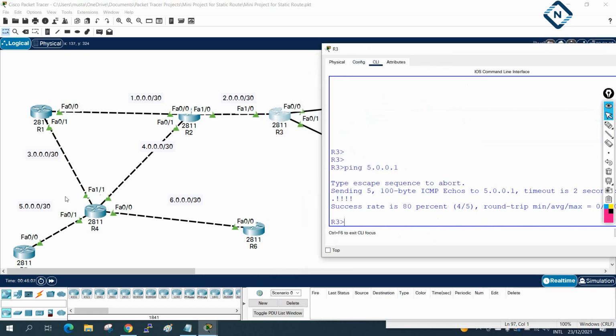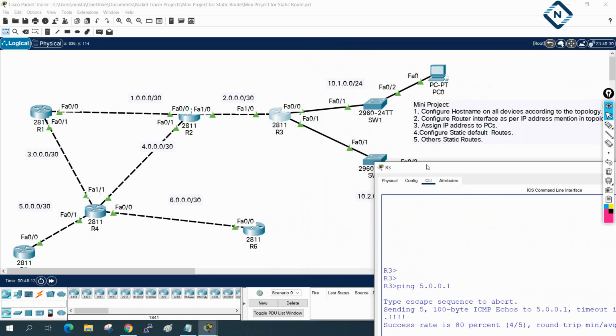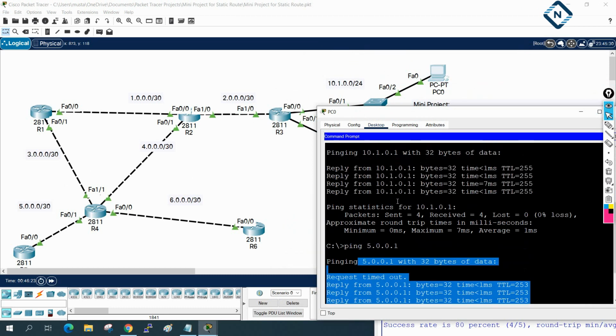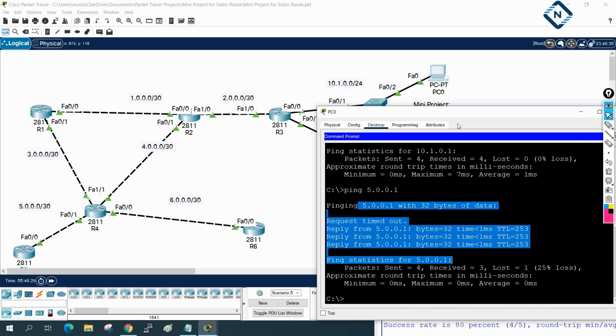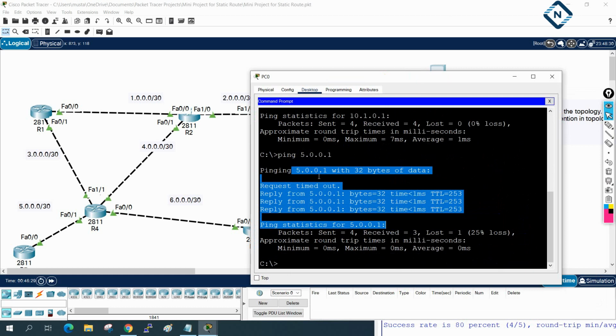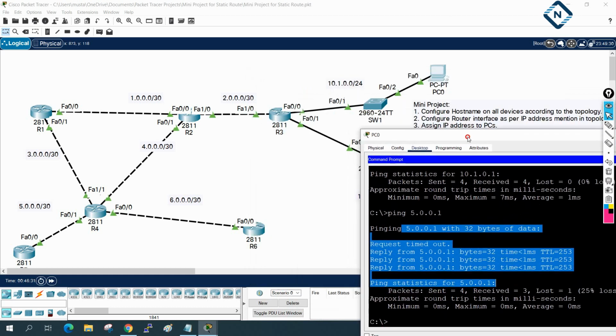We ping here, we access the 5.1 network. Okay, now it is working. If you see here also it is working. Maybe the first packet dropped, we had some issue, but now it is working. If you see what I did, I pinged 5.0.0.1.